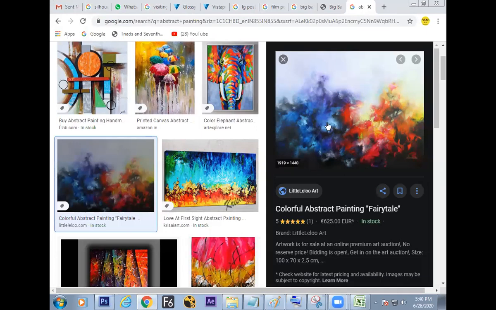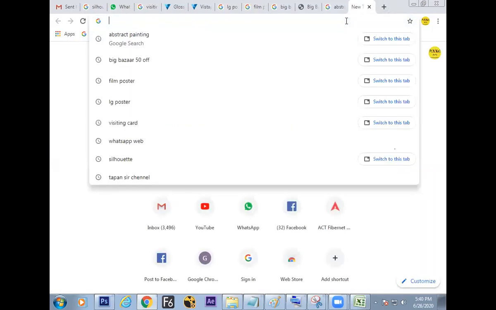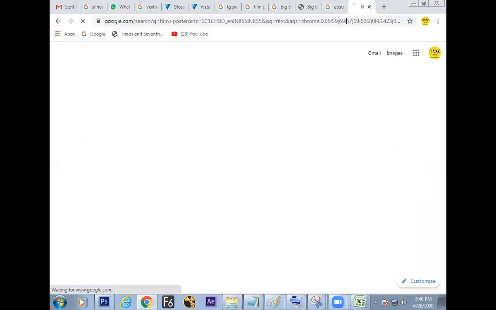It is a fact. It is a rule. You might have heard the name M.F. Hussain, the greatest artist of India, abstract painting. Colors are randomly thrown. In every poster, you'll find abstract designing. Film posters. So check film posters.